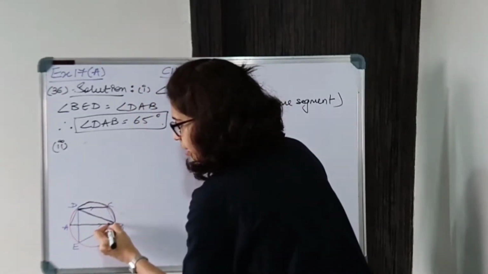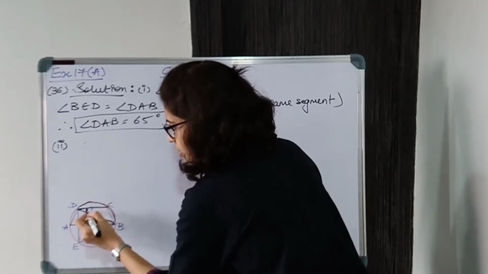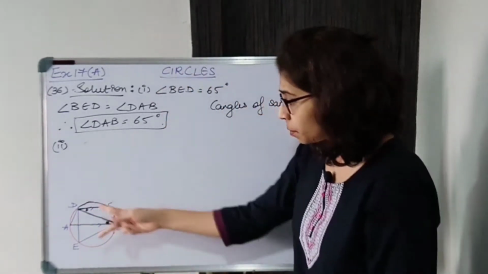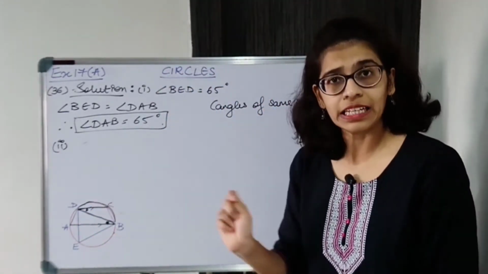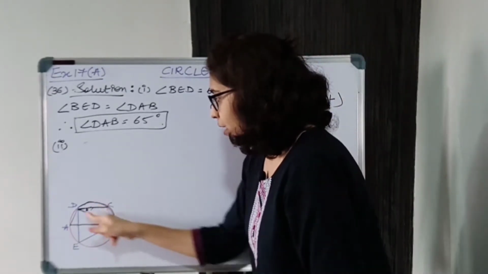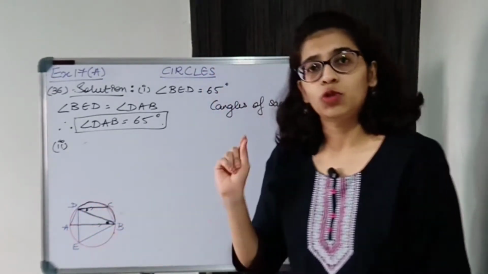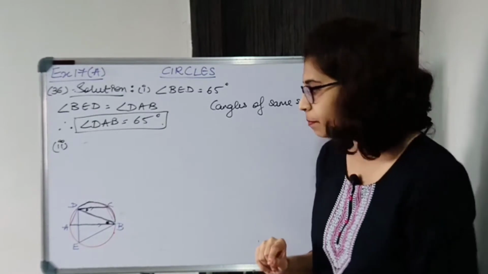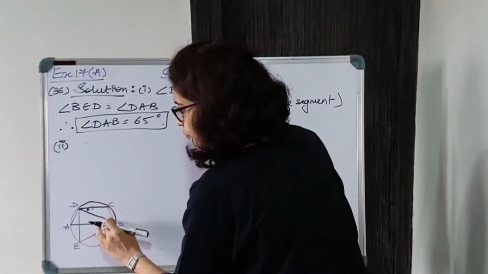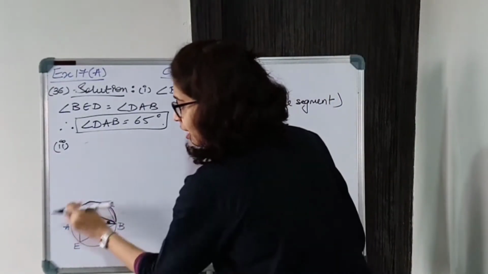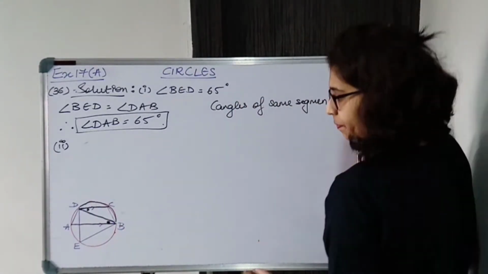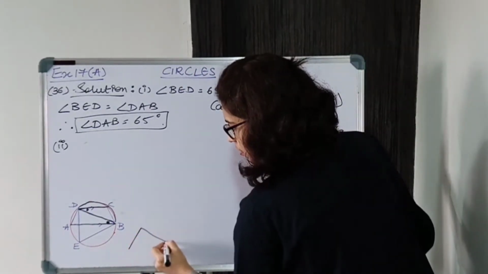If I find this angle, I can find this angle, okay. These two angles will be equal because we are given AB and DC are parallel, so therefore angle BDC and angle DBA both are equal, okay. Now I can find this angle using the triangle का property, using triangle